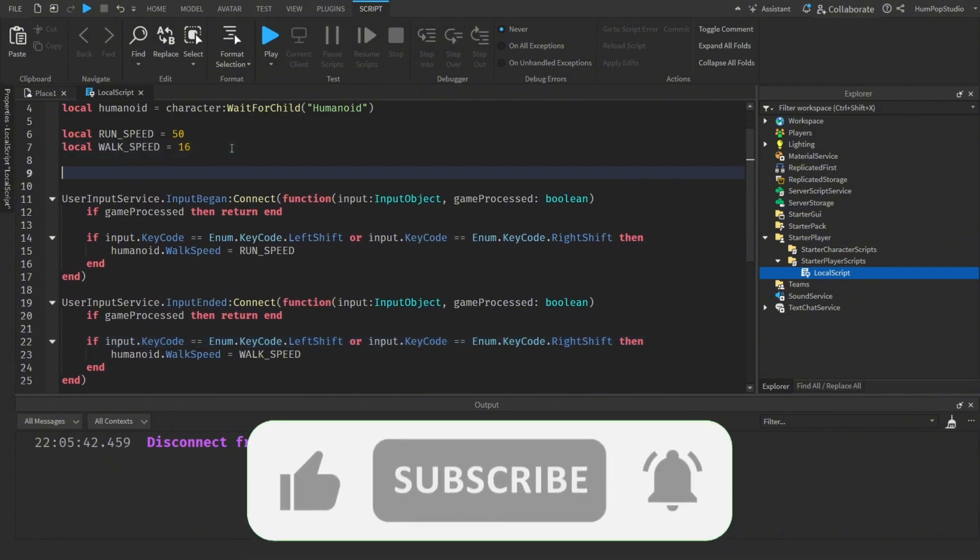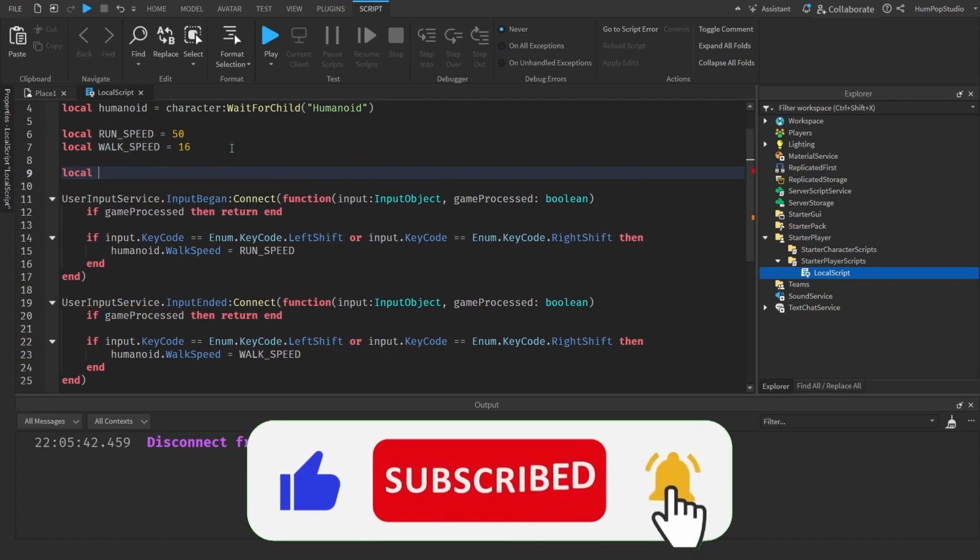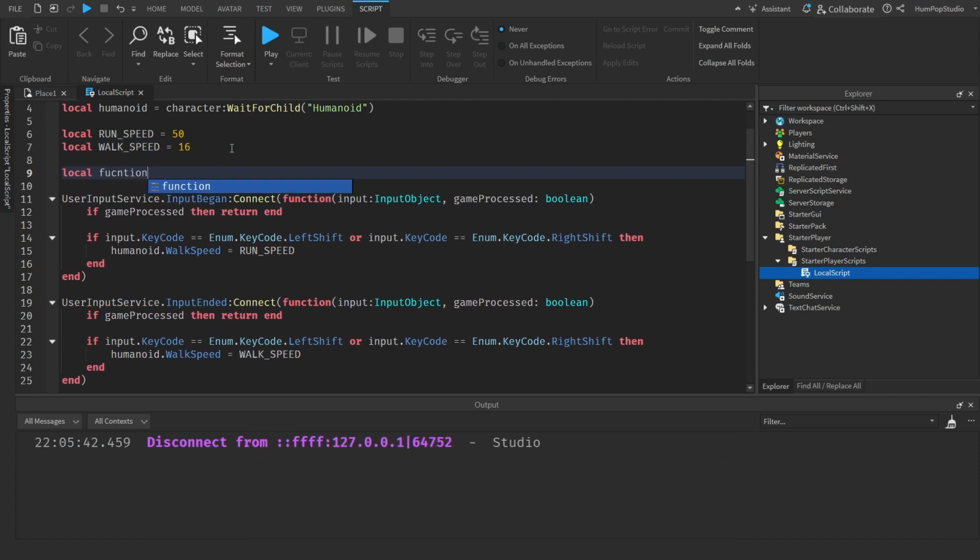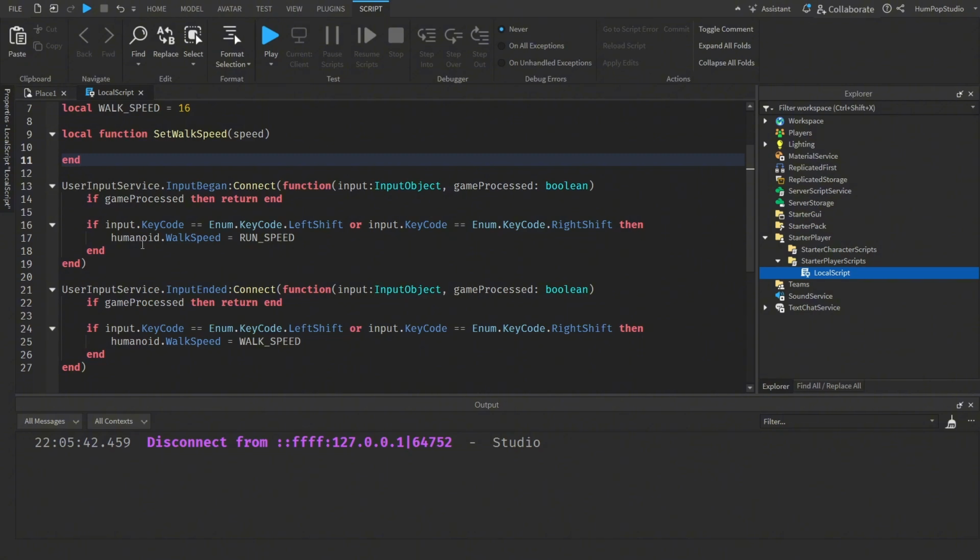However, what we can do is create a local function. That's if I could spell function right. What we'll do here is set the walk speed, and we'll pass the speed in. And you can see the only difference between these two pieces of code is it's the speed that's been set. So what we're doing is we're creating a function, we're passing in that speed, and what I can do is